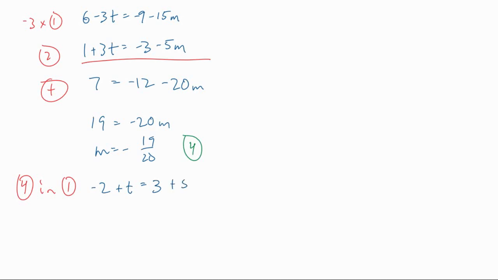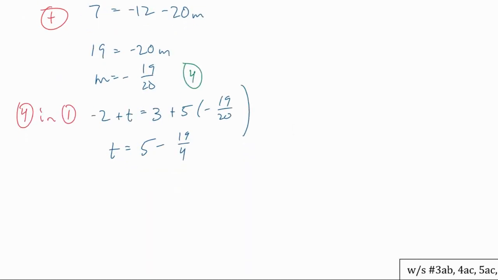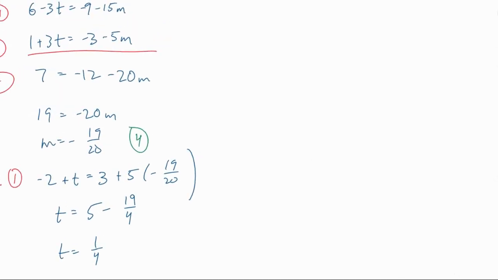Plus 5 times negative 19 over 20. And using my calculator a little bit, this works out to 5 minus 19 over 4. Make sure we know that's a 19. And so t is 1 over 4. Okay. All right, so I got a value for m and a value for t, and I am going to